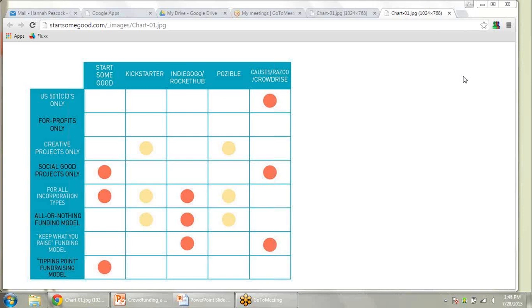Now, some people prefer the all or nothing because it encourages multiple donors. Sometimes you'll be raising $10,000 and you get to 9,000, and a donor looks at that and says, we're only $1,000 from reaching our goal, and we have 2 days left. We're going to get that because I'm going to give that. So some people find the all or nothing to be more of a motivator for some of their more recurring donors, whereas some people find that they'd much rather get something than nothing. So the all or nothing would not fit what they are trying to do.